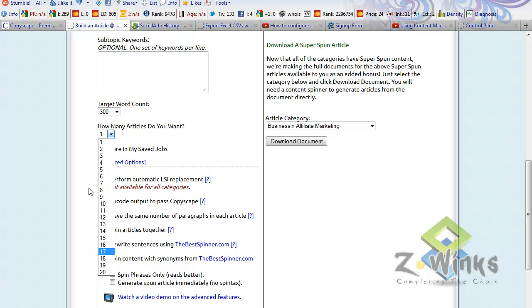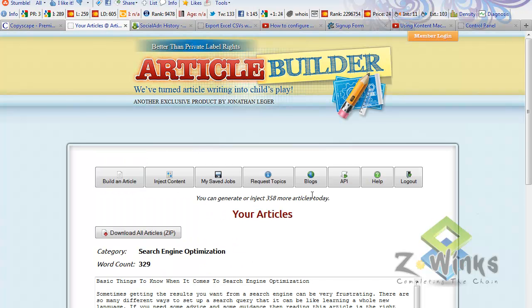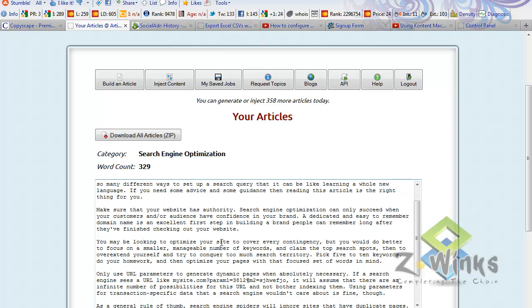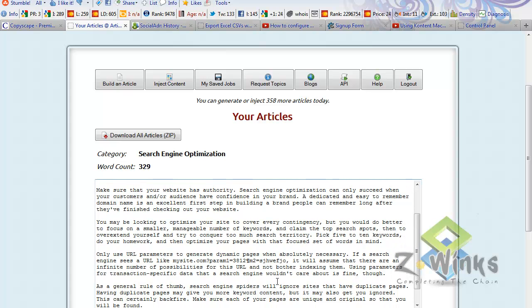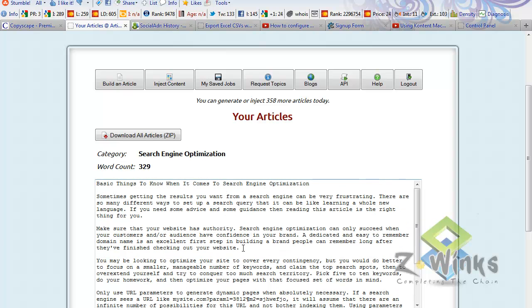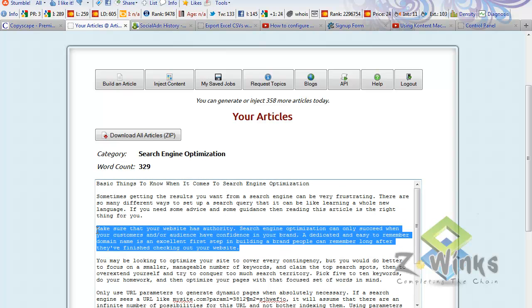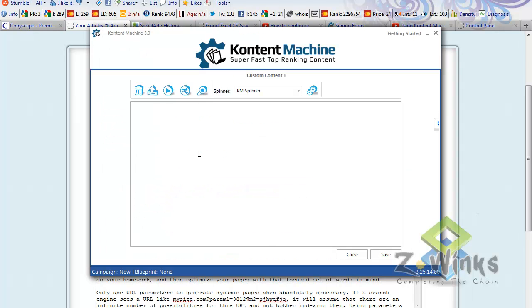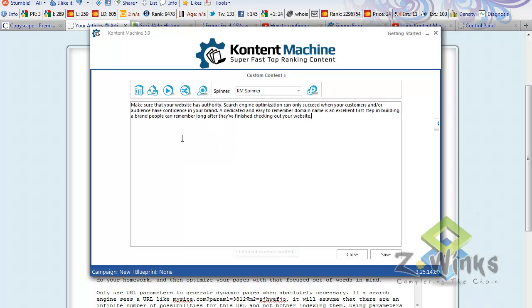Let's just do one article like that. Spin it. Okay. So what it can do, let's just take a paragraph from here, copy that, go back to Kontent Machine, insert that in here, and now what we can do,